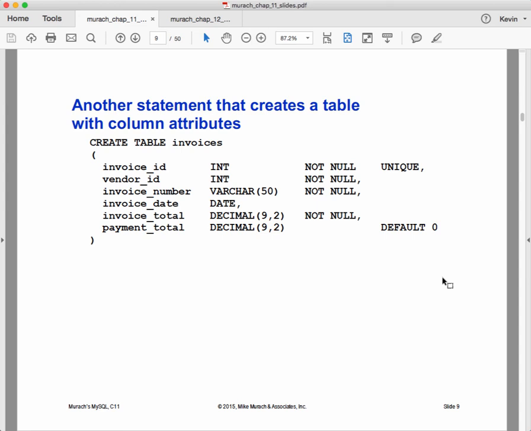Here's another statement that creates a table with column attributes. So we're creating table invoices, and the column names are invoice ID, vendor ID, invoice number, invoice date, invoice total, payment total. And the data types are int, varchar 50, date, decimal 9,2, decimal 9,2. And the